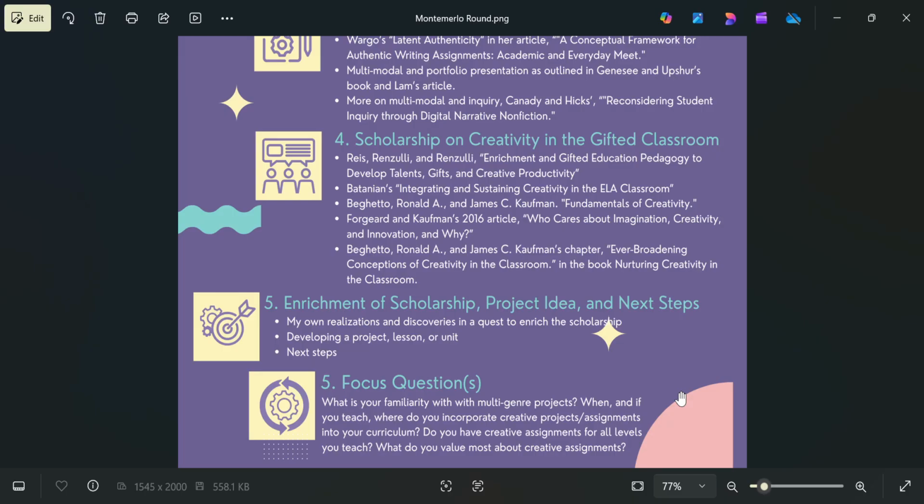In my comments from Dr. Nielsen, she pointed out my desire for a strong curriculum and a well-rounded curriculum. It was an interesting observation because I'm not sure where I get this notion from and what exactly is a strong or well-rounded curriculum. The scholarship and research on creativity and the gifted classroom has already started to change my thoughts and stigmas on creativity in my honors classroom.